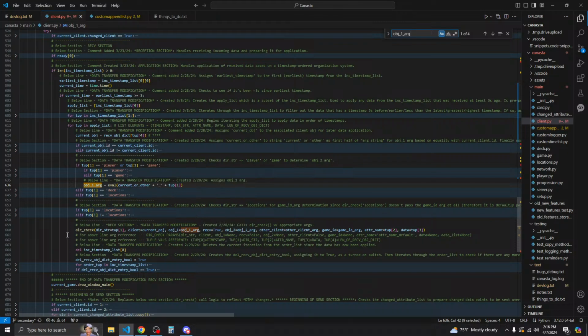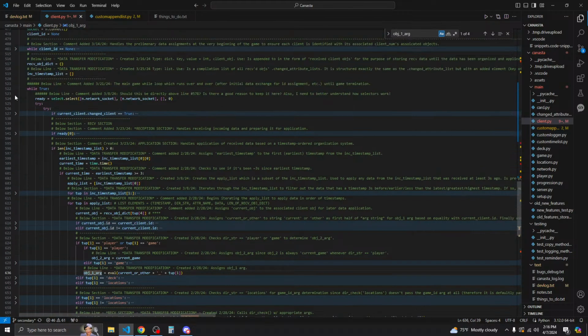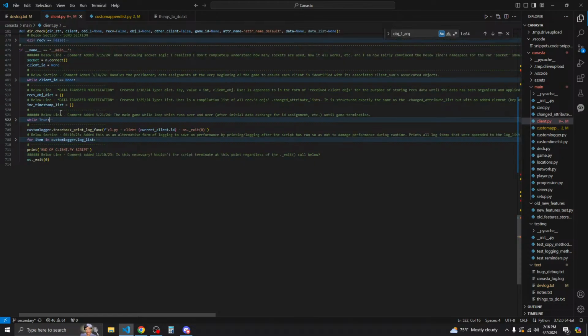So it's either for player, okay, so object1 arg is going to be current or other plus tup1. So this is going to be current or other player. Yeah, current or other player is going to be object1.